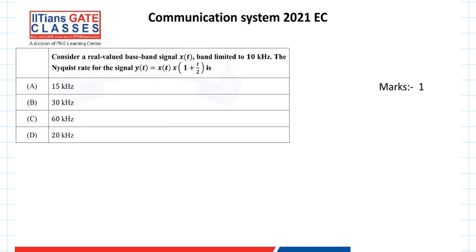Now let's go to the next problem. Okay, here we have a signal x(t), and it's a band limited signal, band limited to 10 kilohertz. We need to find out the Nyquist rate of the new signal y(t), which is x(t) into x(1 plus t by 2). So in this problem there are a lot of properties we have to use, and all of them come